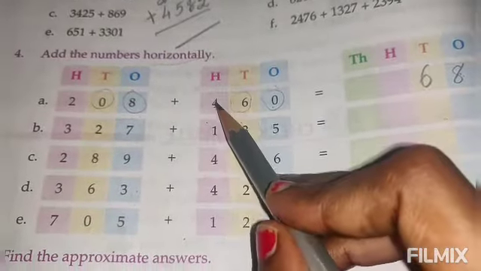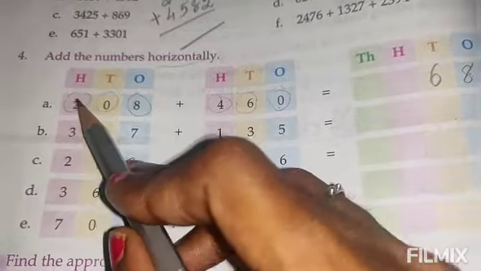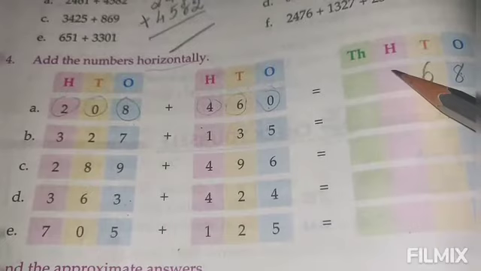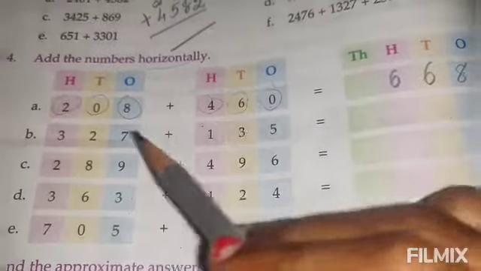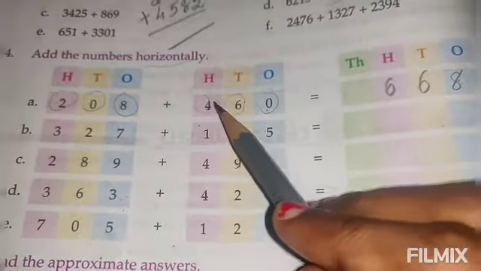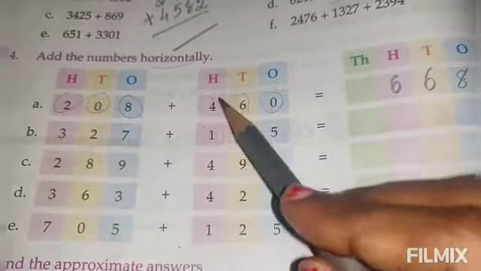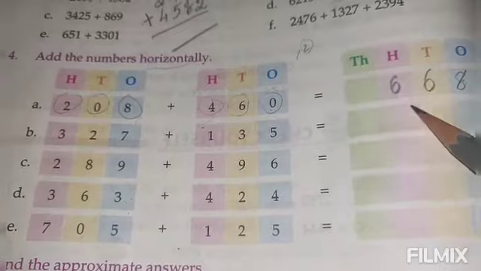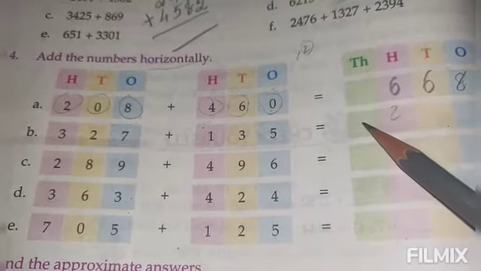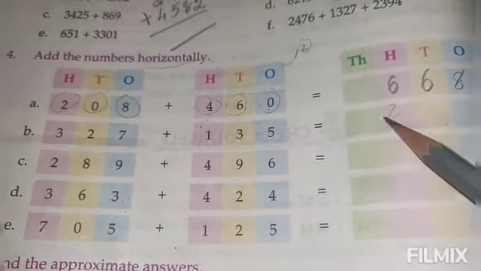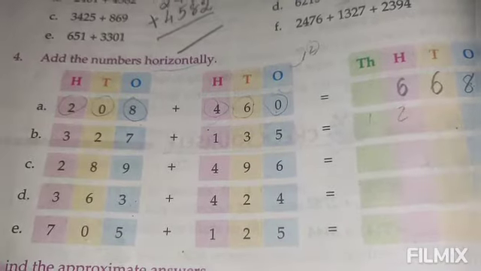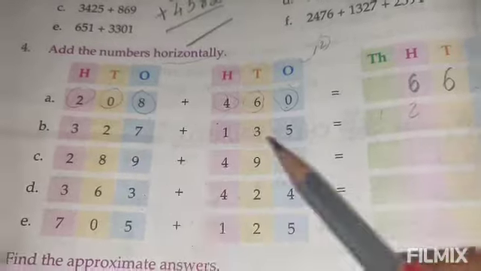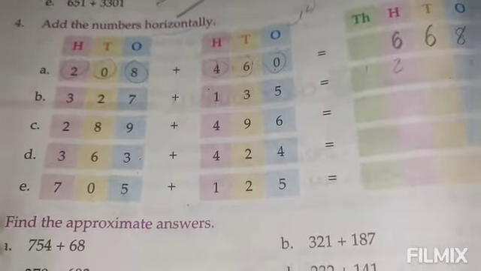Again in hundreds place, here it is 4 and here it is 2. So 2 plus 4, 6. That's all. There is no number in thousands place, so you will leave it. Suppose when you add the hundreds place, you get 2 digits, suppose you are getting 12. Then the 2 you will write in hundreds place and the 1 you will write in the thousands place. That way you have to fill up this one. So this one you need not arrange in columns. Directly you can write the answer.